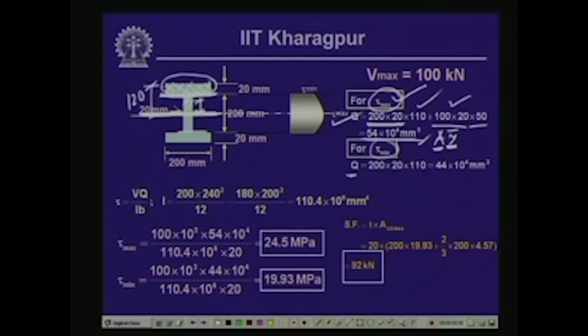for Q is the area above this particular section, which is this rectangle alone, and the area of this rectangle is 200 is the width, 20 is the thickness, and 110 is the distance of its CG from the neutral axis, because 120 is the distance from the neutral axis to the top minus the CG distance from the top, which is 10, equals 110. So, Q for the top rectangle only is equal to this, which is required for evaluation of the minimum shearing